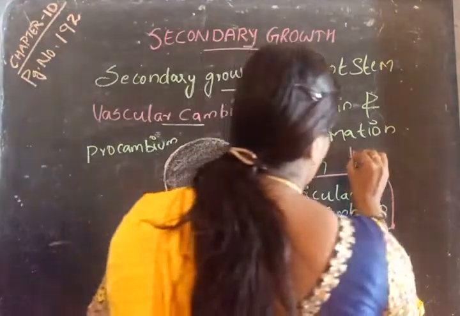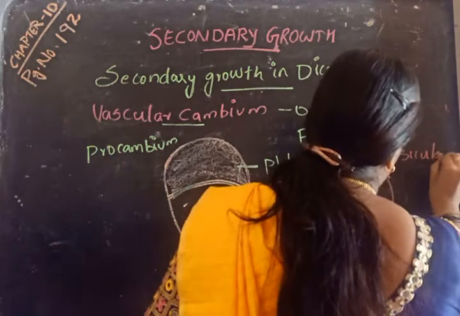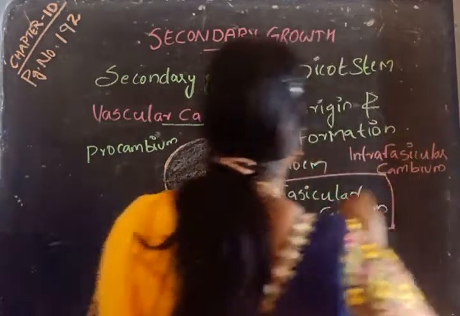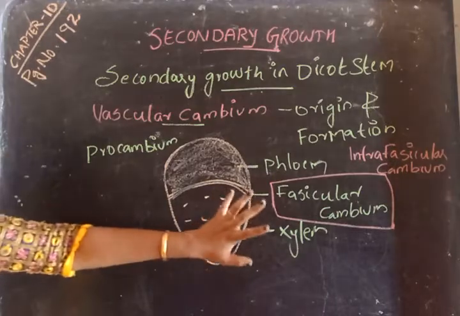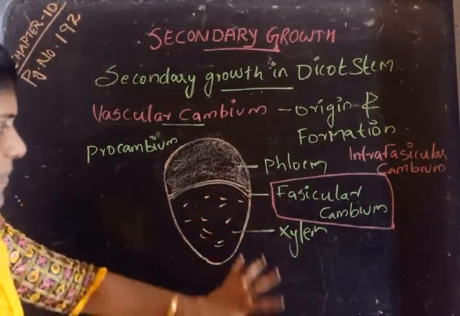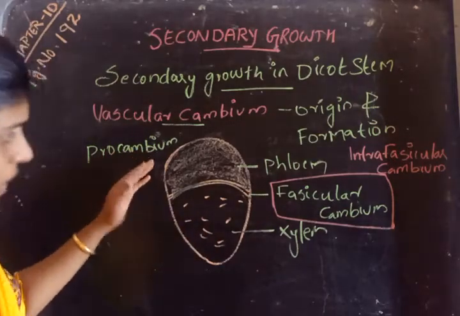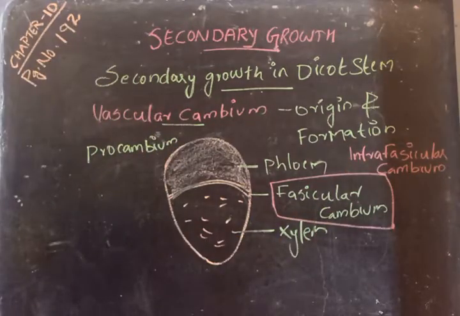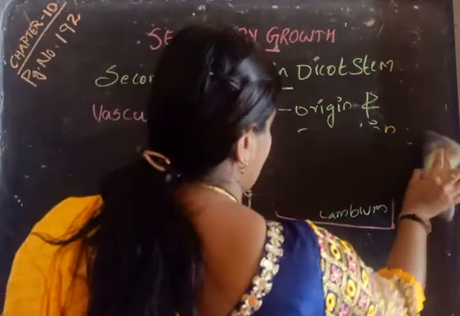Intravascular cambium. Okay, so these are all about vascular cambium. This is the vascular bundle. In the vascular bundle, there is phloem and xylem. In between the phloem and xylem, there is a strip of vascular cambium which is believed to originate from the procambium. It is called vascular cambium. It is also called intravascular cambium. Now, we can see what interfascicular cambium is. So, this is a single vascular bundle. If we consider many vascular bundles,